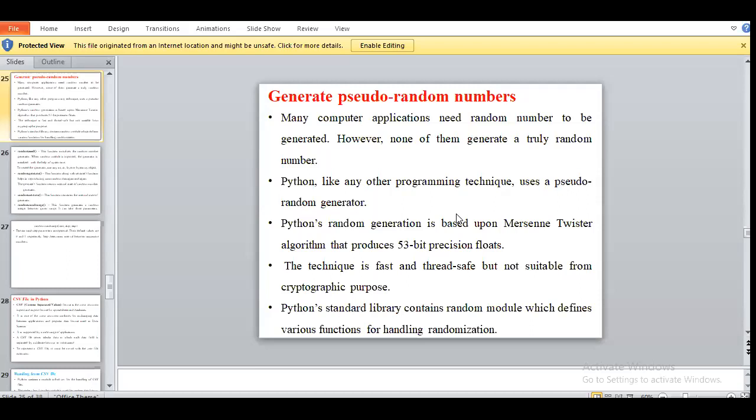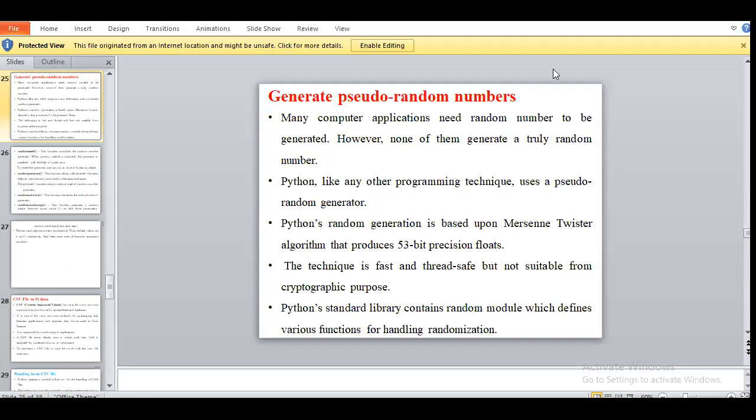The Python standard library contains the random module, which defines various functions for handling randomization. This is a built-in module for performing the various randomized functions.